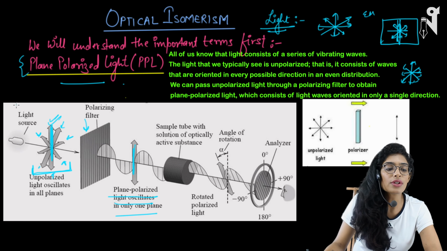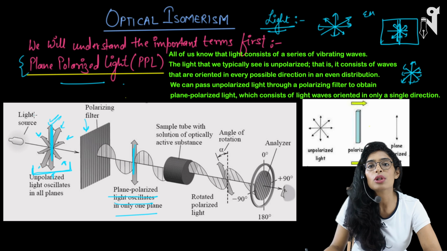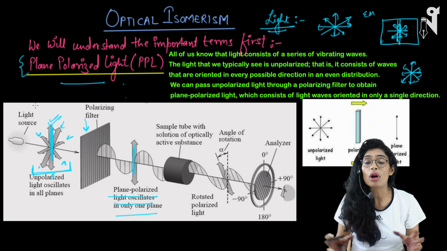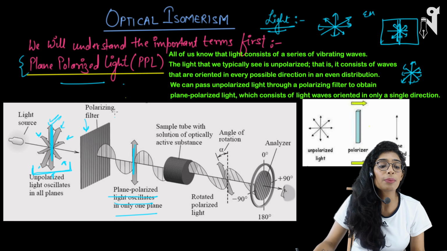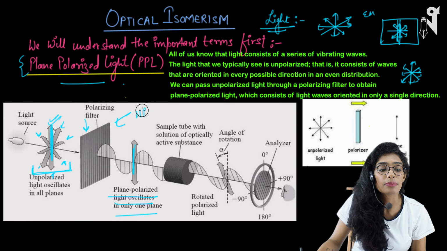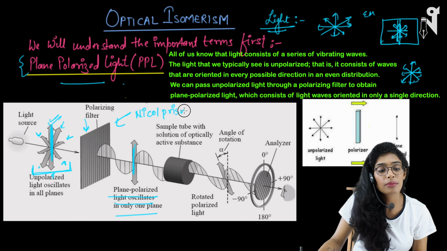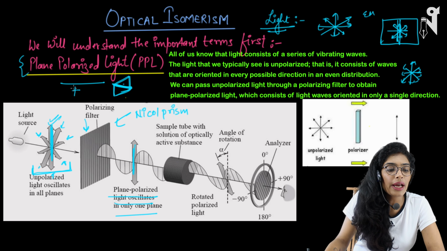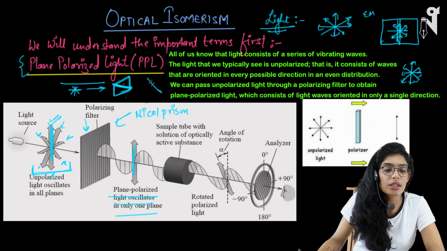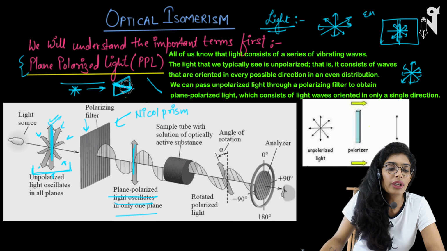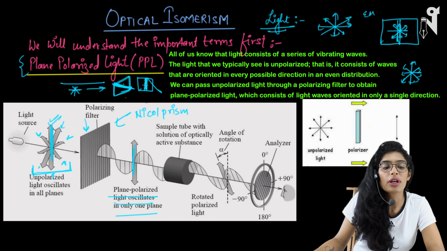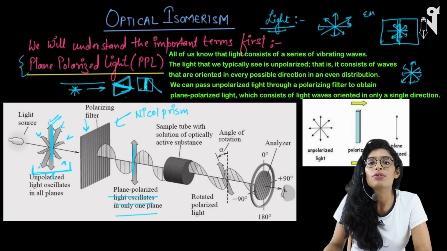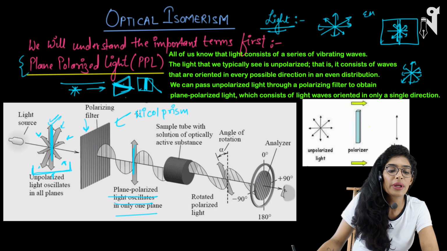Okay, so what we do is we first take the plane polarized light to figure out the optical activity. How do we get this plane polarized light? By using a polarizing filter, which is generally a Nicol prism. Nicol prism is also drawn like this. That's how they draw it. If you have the light passing through it, you will get it in one single direction. At multiple places it has been drawn like this. They are just showing the direction of the slit through which the light can be passed, and you will get plane polarized light.